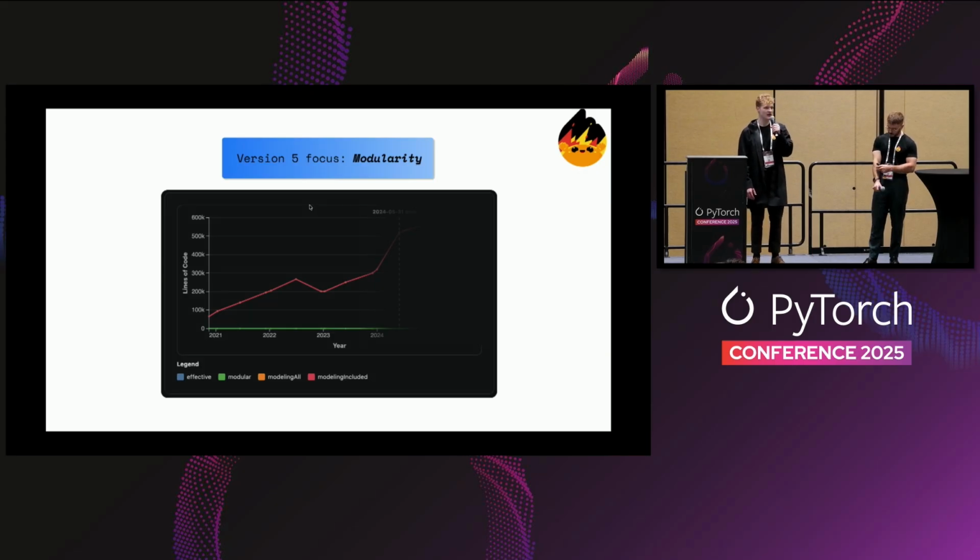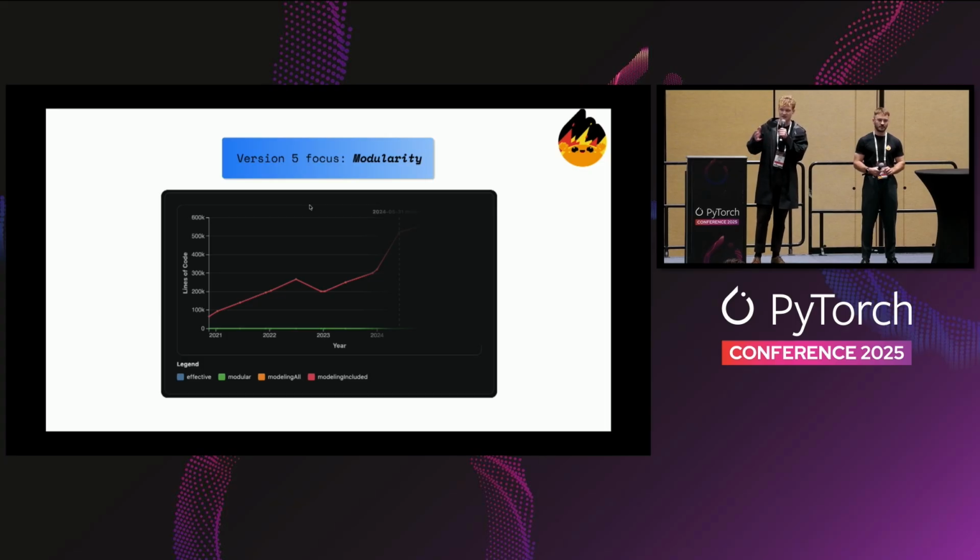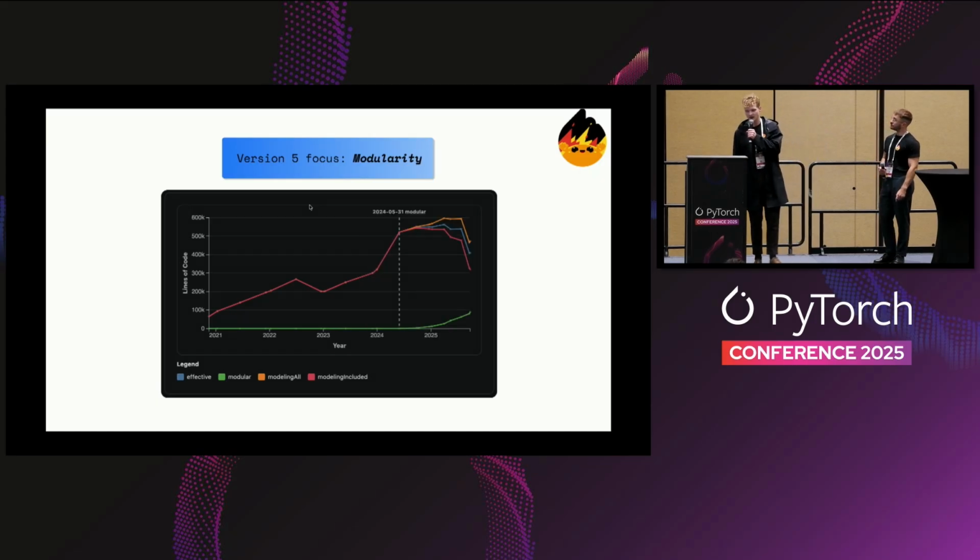Given what I've said about adding new models and the fact that the library used to repeat itself a lot, for the amazing people that this reminds of something, last year I did a talk about this at the PyTorch conference about modularity in Transformers. This was the big announcement. And this is something that we have shipped and is now part of the library, where we drastically reduced the number of lines of code that you have to understand and write to contribute new models. If you look at the graph, you can see that since we adopted the modularity approach, the lines of code have drastically reduced.